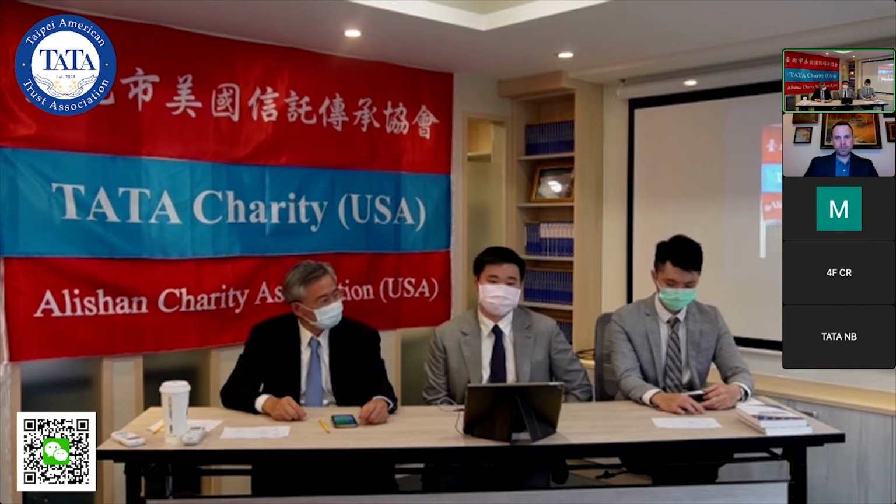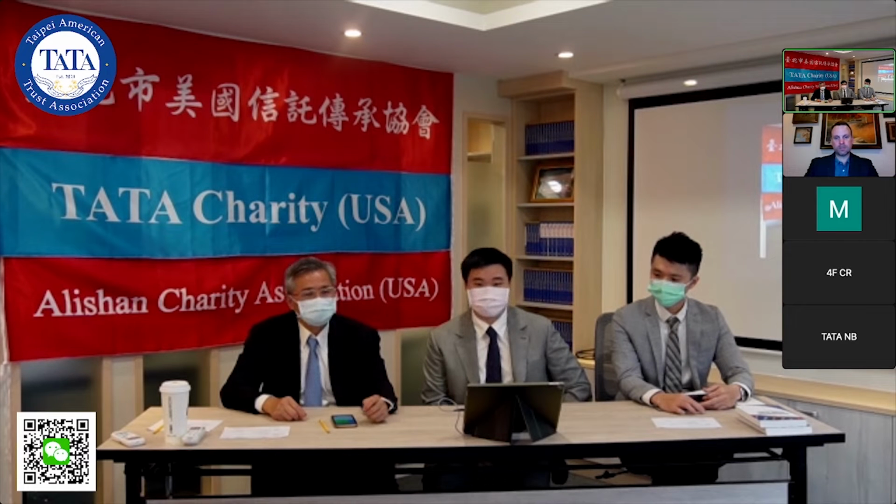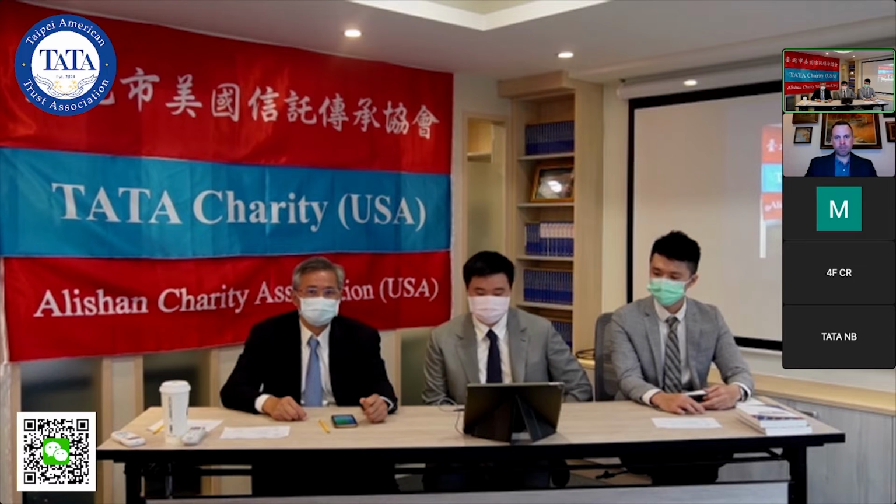I guess the next question I thought of was, if the trust agreement itself doesn't specifically specify that a change of trustee, especially to a different country, is allowed, then would decanting be another method to complete such a migration of the trust, or are there some other methods as well?